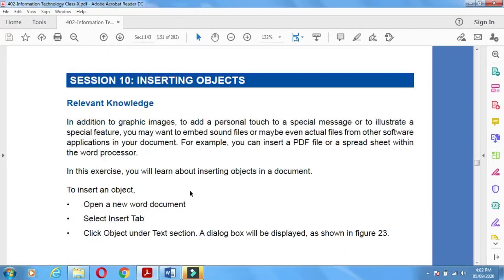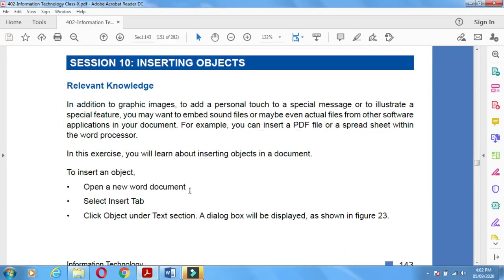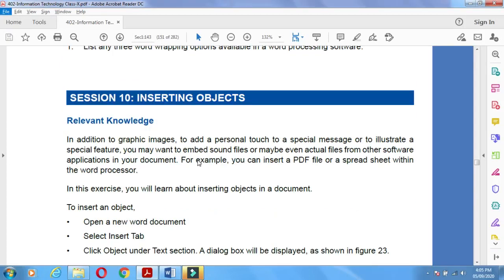Now the next is inserting an object. How can you insert an object? To add some personal touch to a special message or to illustrate special features, you may want to add sound files or even actual files from other software applications in your documents.